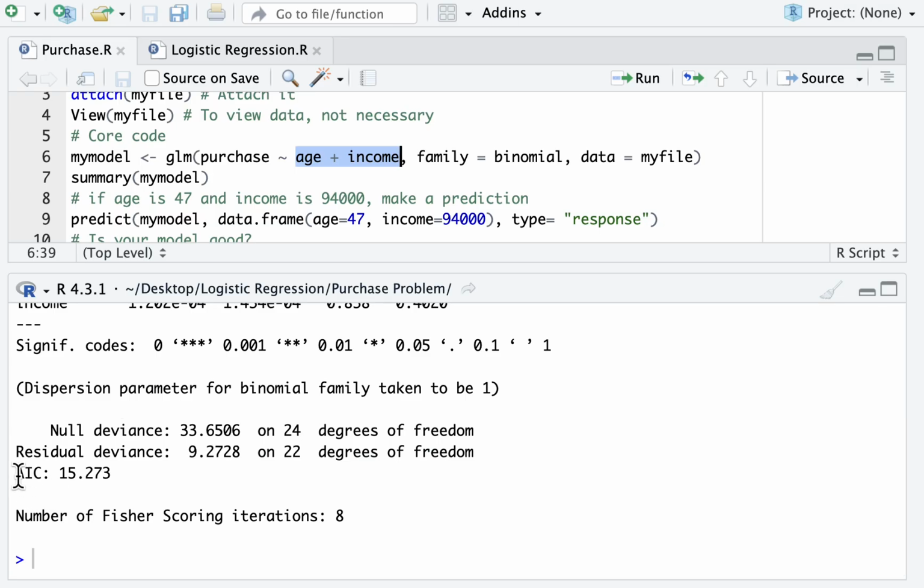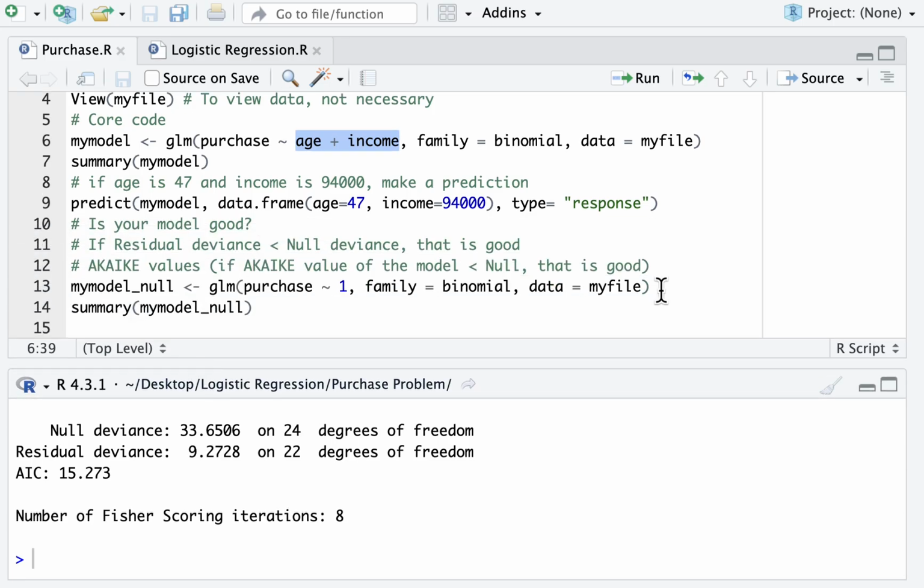The next criterion is Akaike Information Criterion, or AIC. R has already calculated an AIC value of 15.273. This is the AIC value of our fitted model. If we want to calculate AIC of the null model, I will use this code, my model underscore null, GLM, generalized linear model, purchase, and then 1. Over here, the predictors age and income have been replaced by 1. Family is equal to binomial and data is equal to my file, and if I run this, that gives us